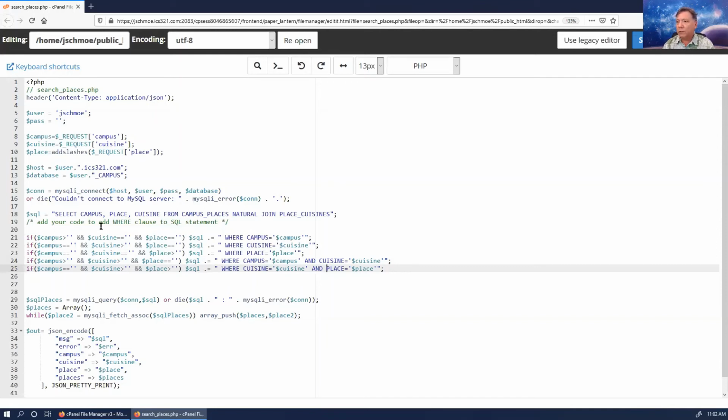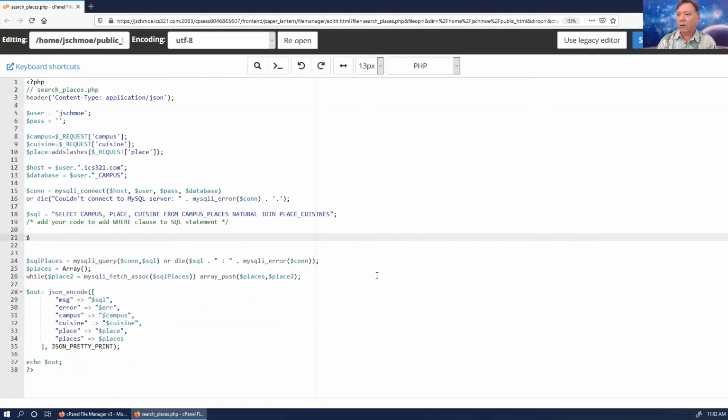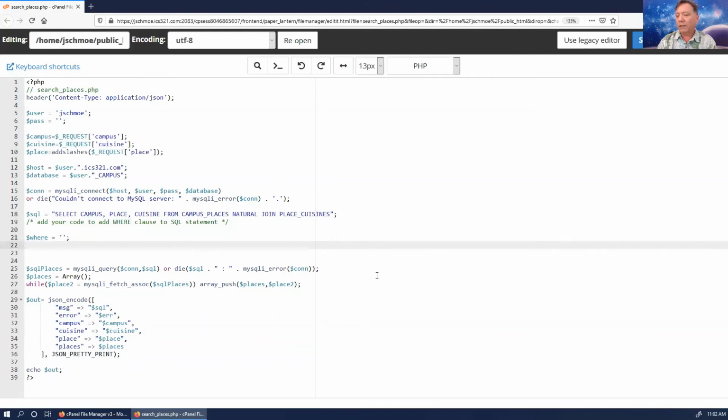So another way to do this is to create a second variable. Let me just get rid of all this. And I'm going to create a second variable called where, and start out setting that equal to nothing. And then I might say if campus is greater than nothing, then where, append onto where,